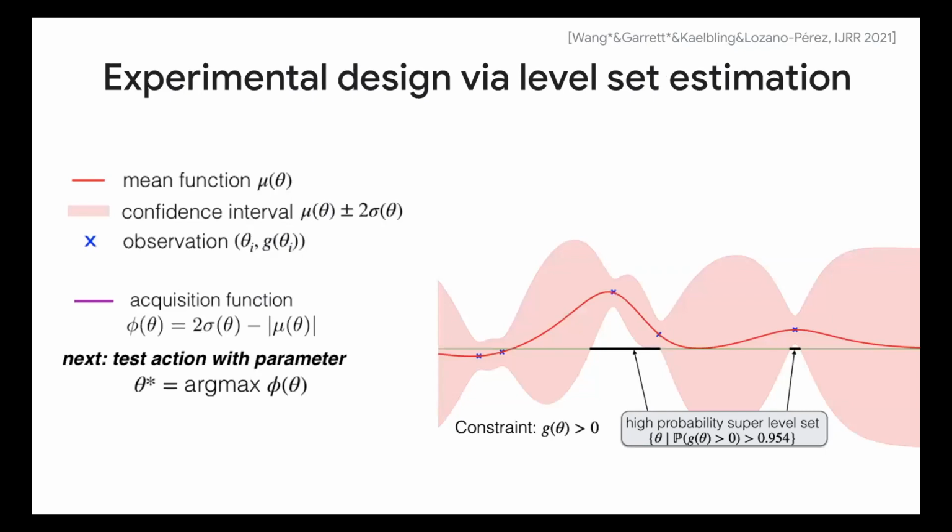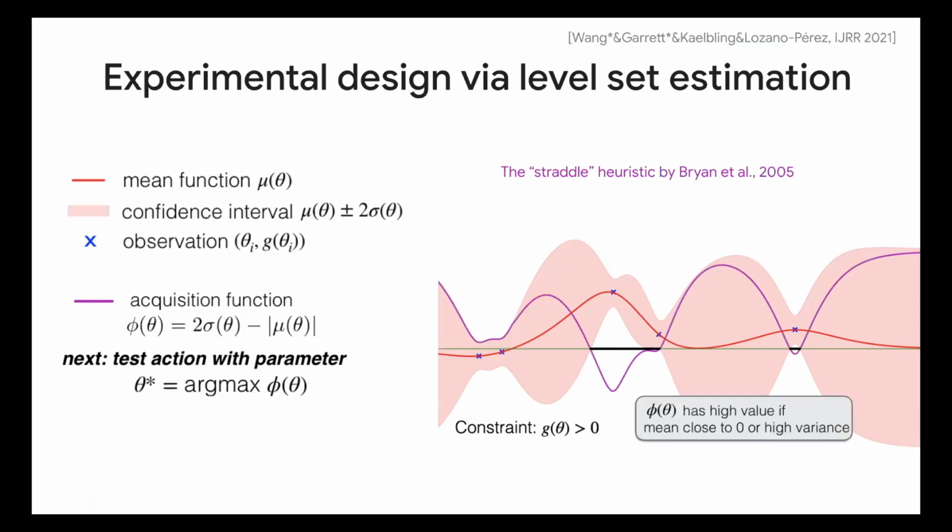So for level set estimation, basically what we care about is to find out the high probability super level set. So it's the regions denoted by the black lines here. And these are the high probability super level set when we set the lower bound to be greater than a certain threshold. And so I'm just going to use an acquisition function that exists in the literature, which is called the straddle heuristic from Bryan et al. in